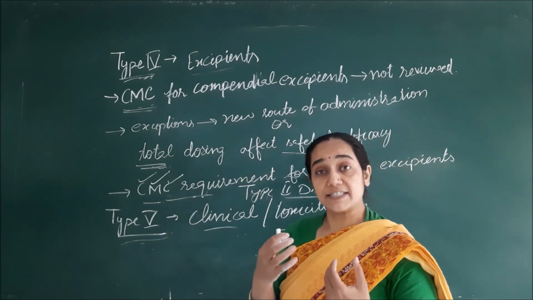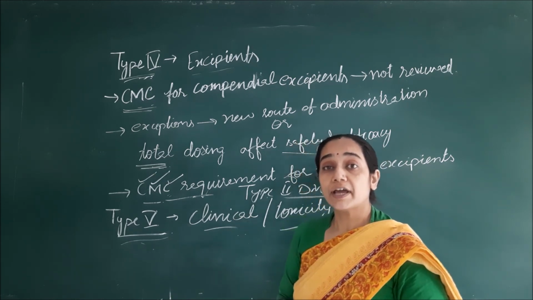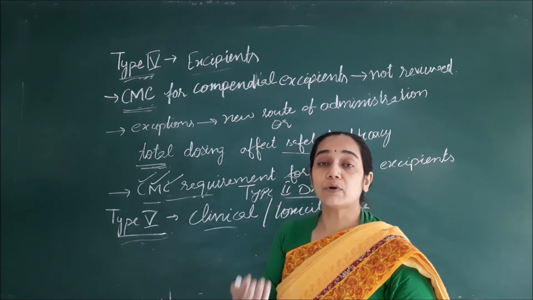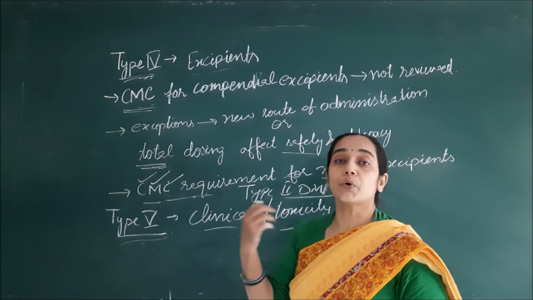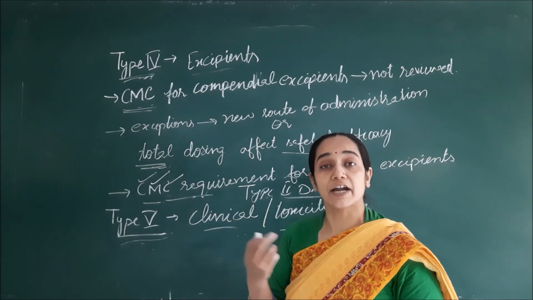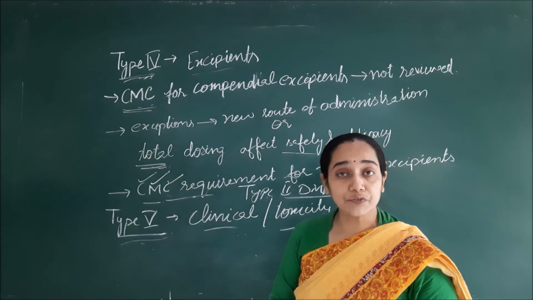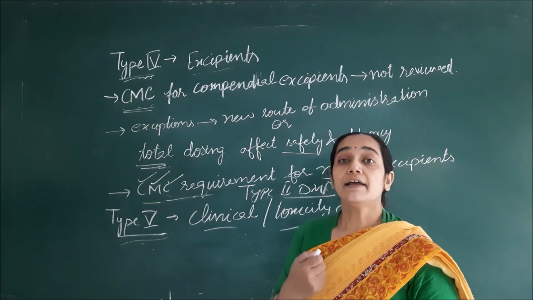Now, FDA will receive these DMF and then they will review them and set a time for the discussion of the particular information with the holder or the agent who has the authority to correspond with the FDA. So, in this way, these were the different types of DMF which are formulated in the pharmaceutical industry.